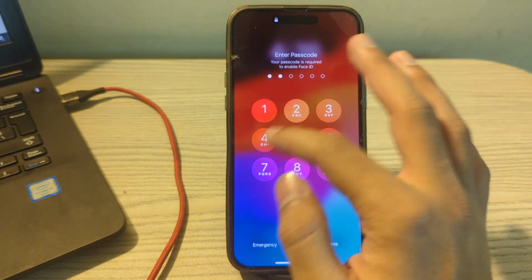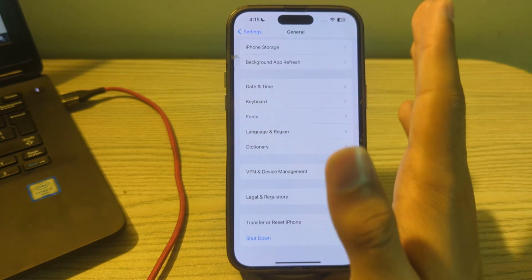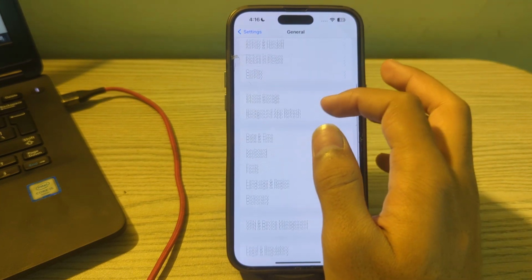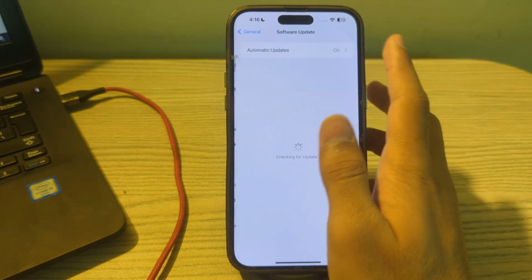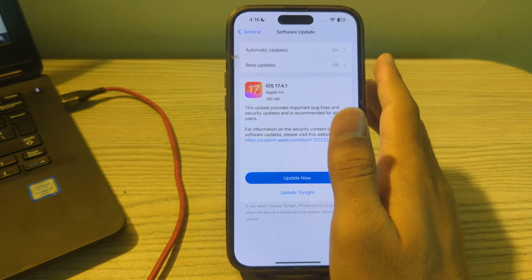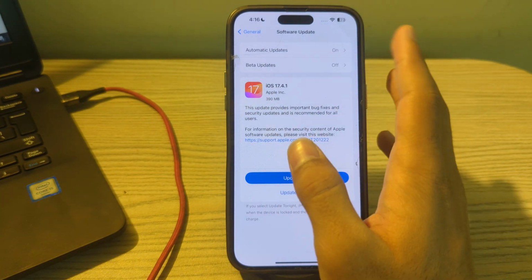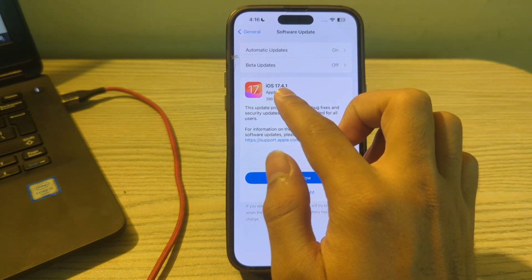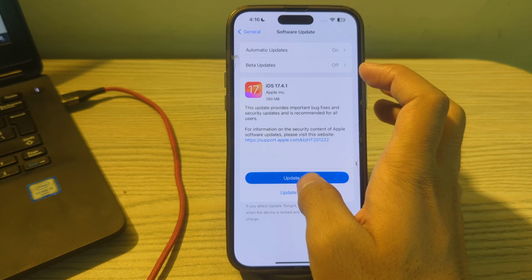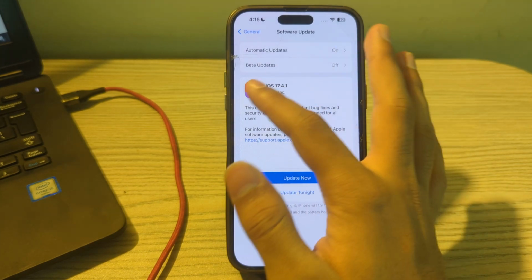After restarting your iPhone, you have to update your iOS version. Make sure your iPhone is running the latest version of iOS. Software updates often include bug fixes and improvements. Tap on Software Update and check if there is any available update for your iPhone. If there is, then simply update your iPhone to the latest version of iOS 17. Like I am having an update of 17.4.1. All I have to do is simply tap on Update Now, or I can update it tonight. After updating to the